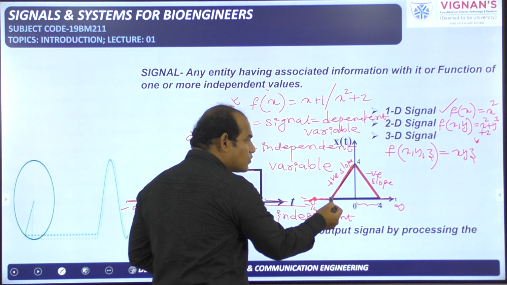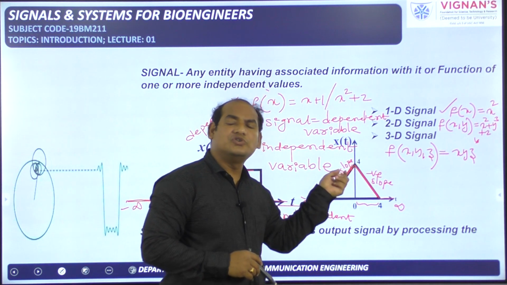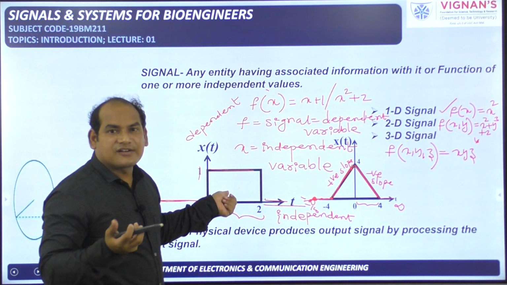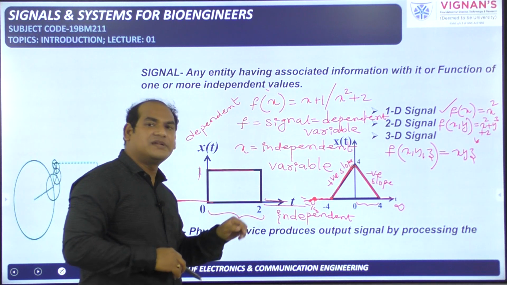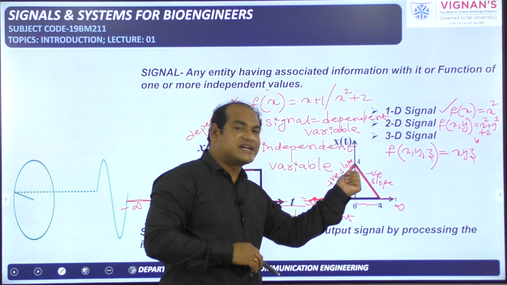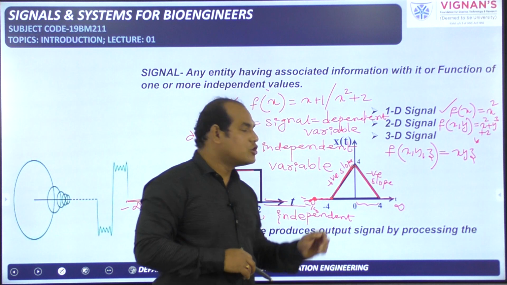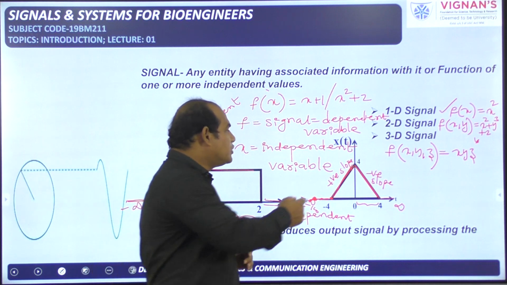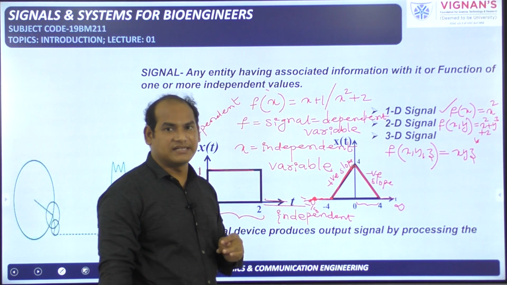But from -4 to 0, the amplitude is increasing, we don't know exactly. So what is this? It is a straight line, so you need to find the equation for this one. But in the other case we did not find any equation because it is a constant value. From 0 to 2, the amplitude is fixed, constant, that is 1. But in this case it is not constant, it is increasing as time is increasing, and decreasing as time is increasing. So this is a straight line with a positive slope and negative slope respectively. So we need to find the line equation for this one and for this one, because we have 2 points, we are able to calculate that.